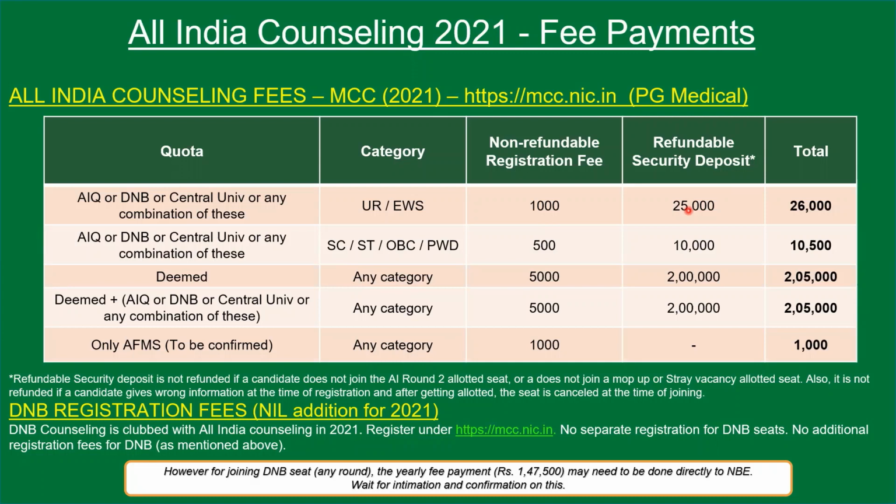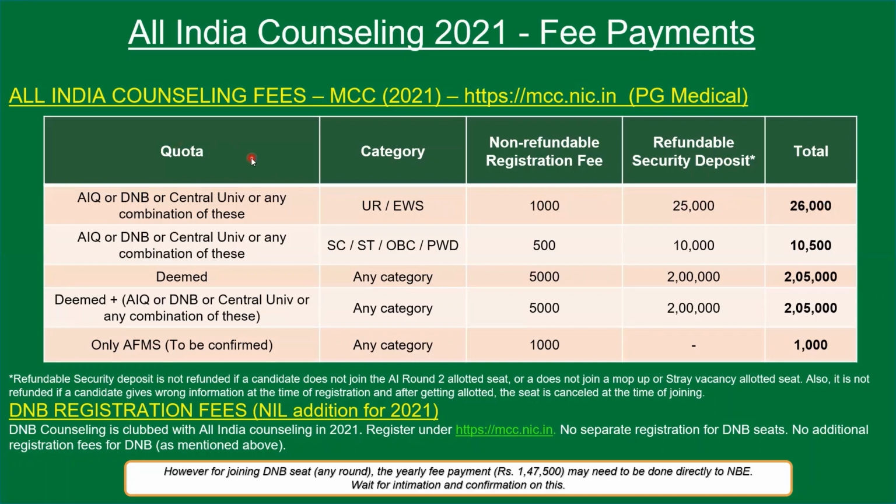There are a few other additional clauses like AR1 free exit, in which case you'll still be refunded the security deposit. But as of now, you understand it this way. As long as you join a seat after being allotted, this amount will be refunded to you at a later stage. Or if you're not allotted any seat after registration, this amount will be refunded to you. Now, the sum of these amounts is what you pay as registration fee through a payment gateway. In a single instance, you pay this entire amount to MCC, and that is when your registration is finalized.